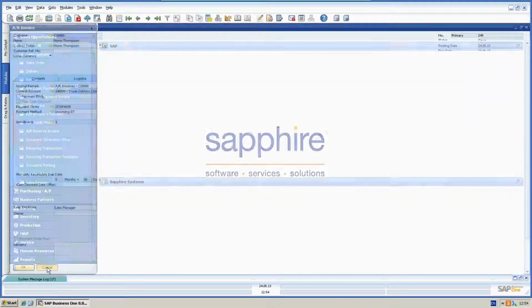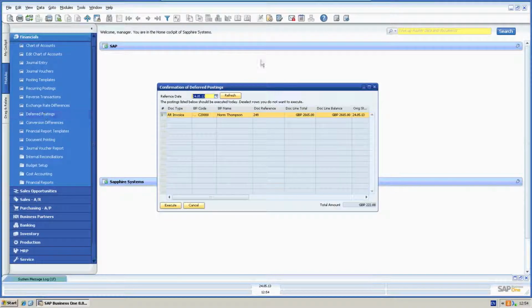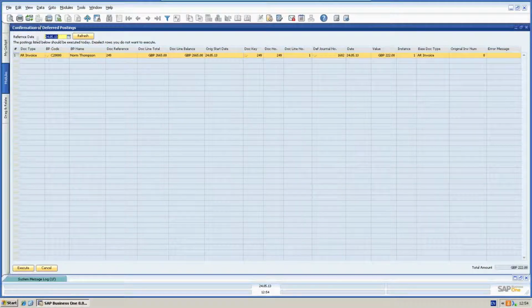Okay, so now if I go into the financials module and open up deferred postings, on this screen, this is the confirmation of deferred postings. As of this date, this will give me a complete listing of all the document types that either need to be deferred for revenue or deferred for expense. So in the example that we just created, we have the AR invoice. Okay, you can see the business partner or the customer that this is in relation to,